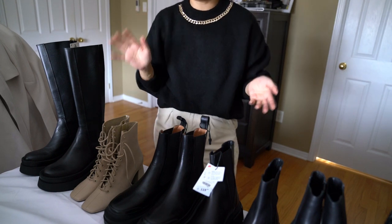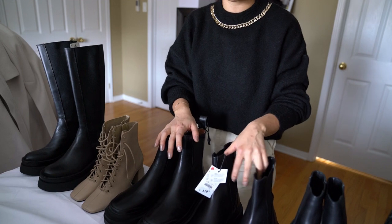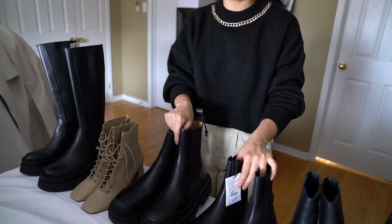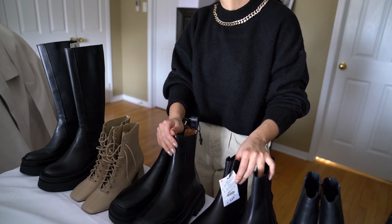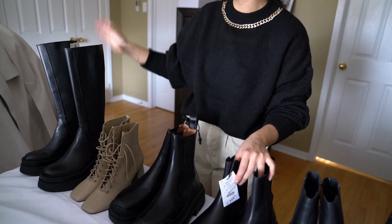There are tons of other boots and other options online, but these ones are just the ones that I've purchased. I think I pretty much have all the shoes that are coming my way. I also got a few pairs of summer shoes, but I can talk about those